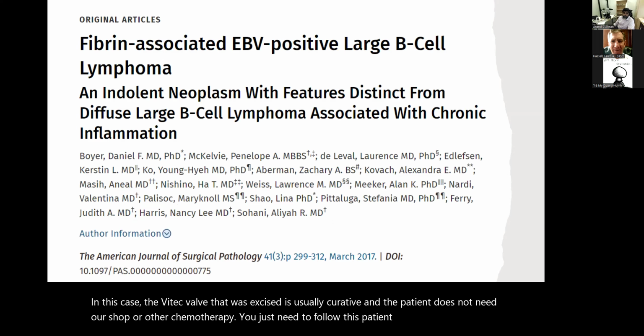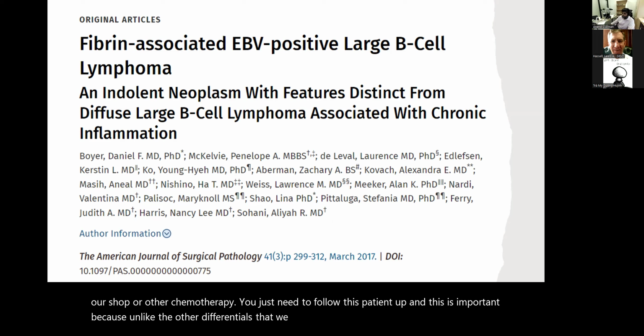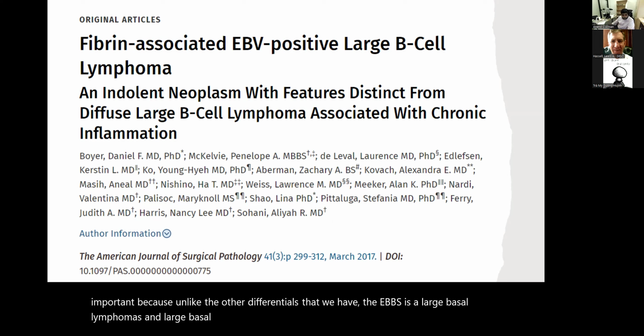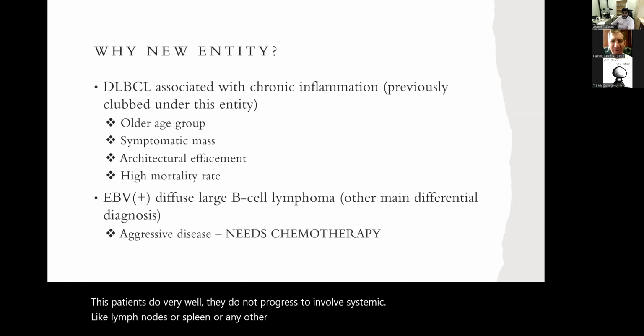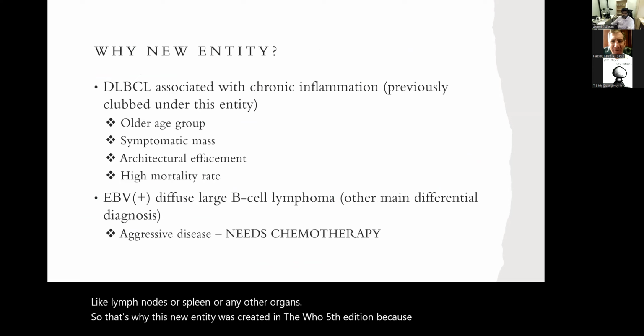And this is important because unlike the other differentials that we have, the EBV-associated large B-cell lymphomas and large B-cell lymphomas associated with chronic inflammation, these patients do very well. They do not progress to involve systemic sites like lymph nodes or spleen or any other organs. So that's why this new entity was created in the WHO 5th edition, because the other differentials, the DLBCL associated